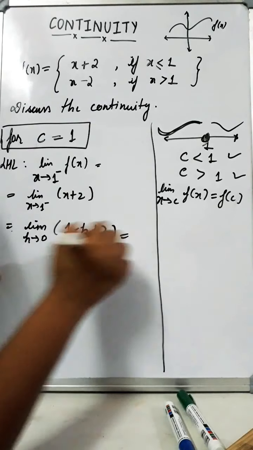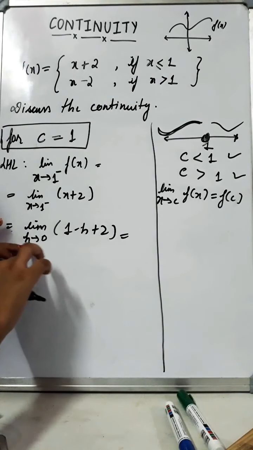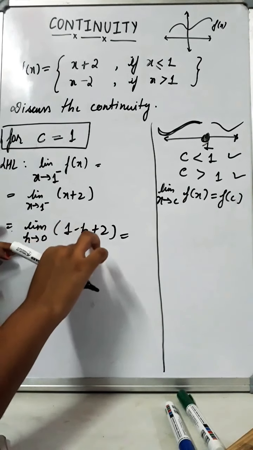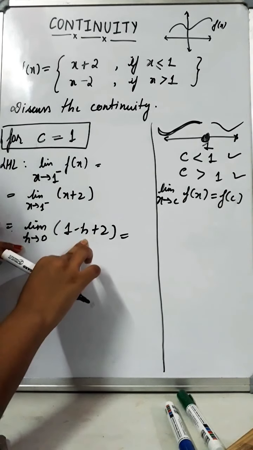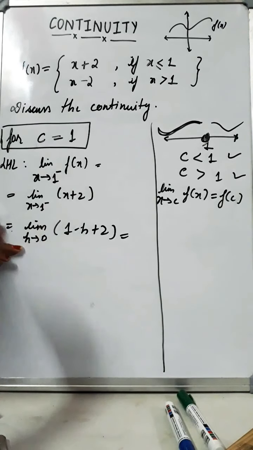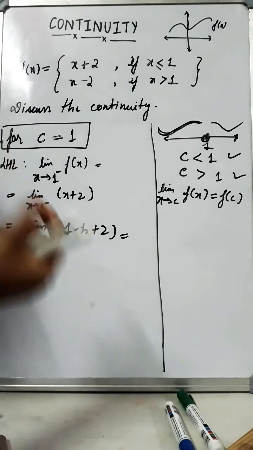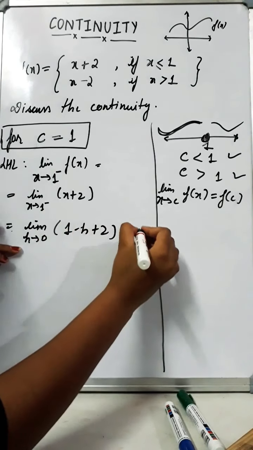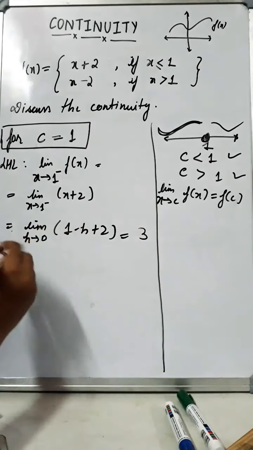It is 3 because h is something very near to 0, so we actually take it as 0। It's not equal to 0, but we'll consider it as 0 because it is very tiny tending to 0, so it is 3। All right, and now your right hand